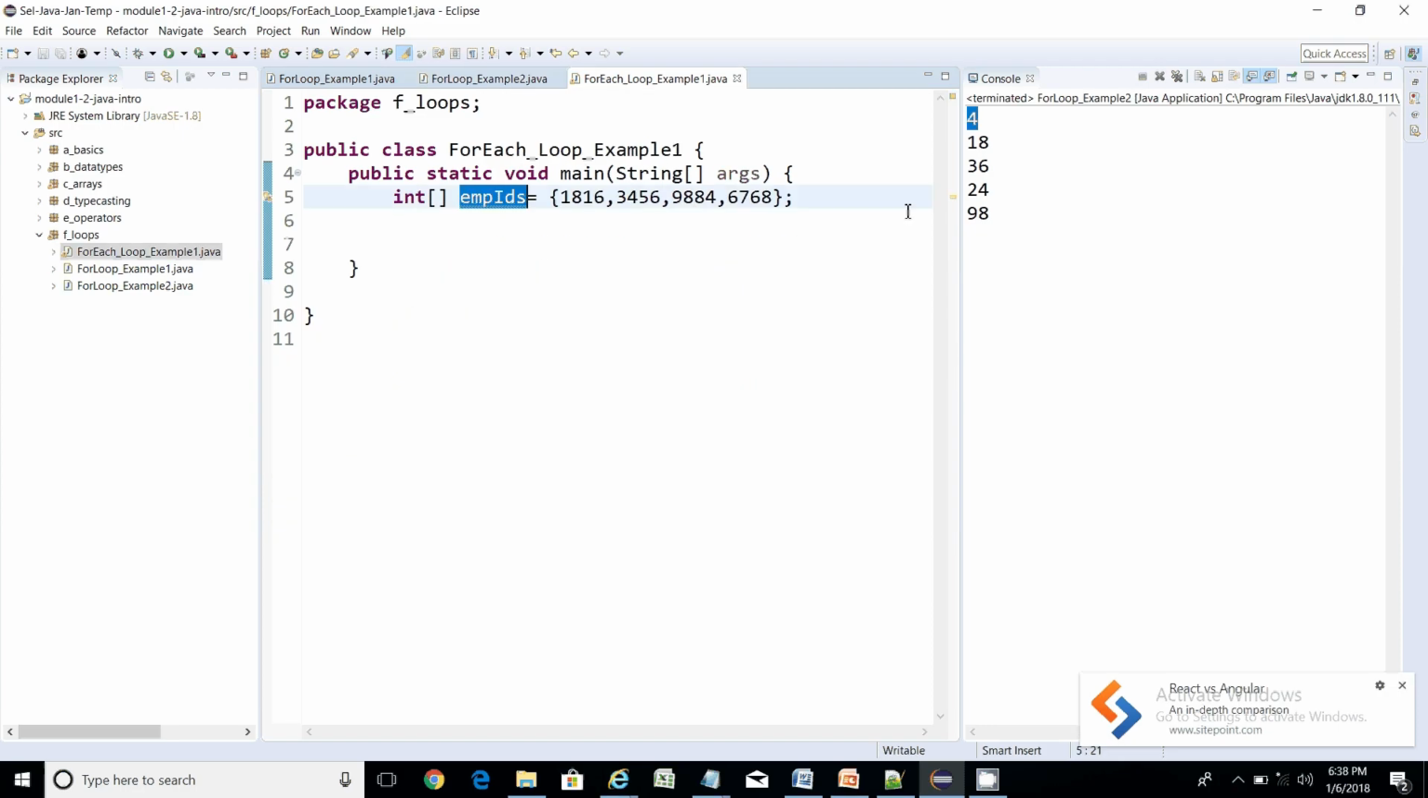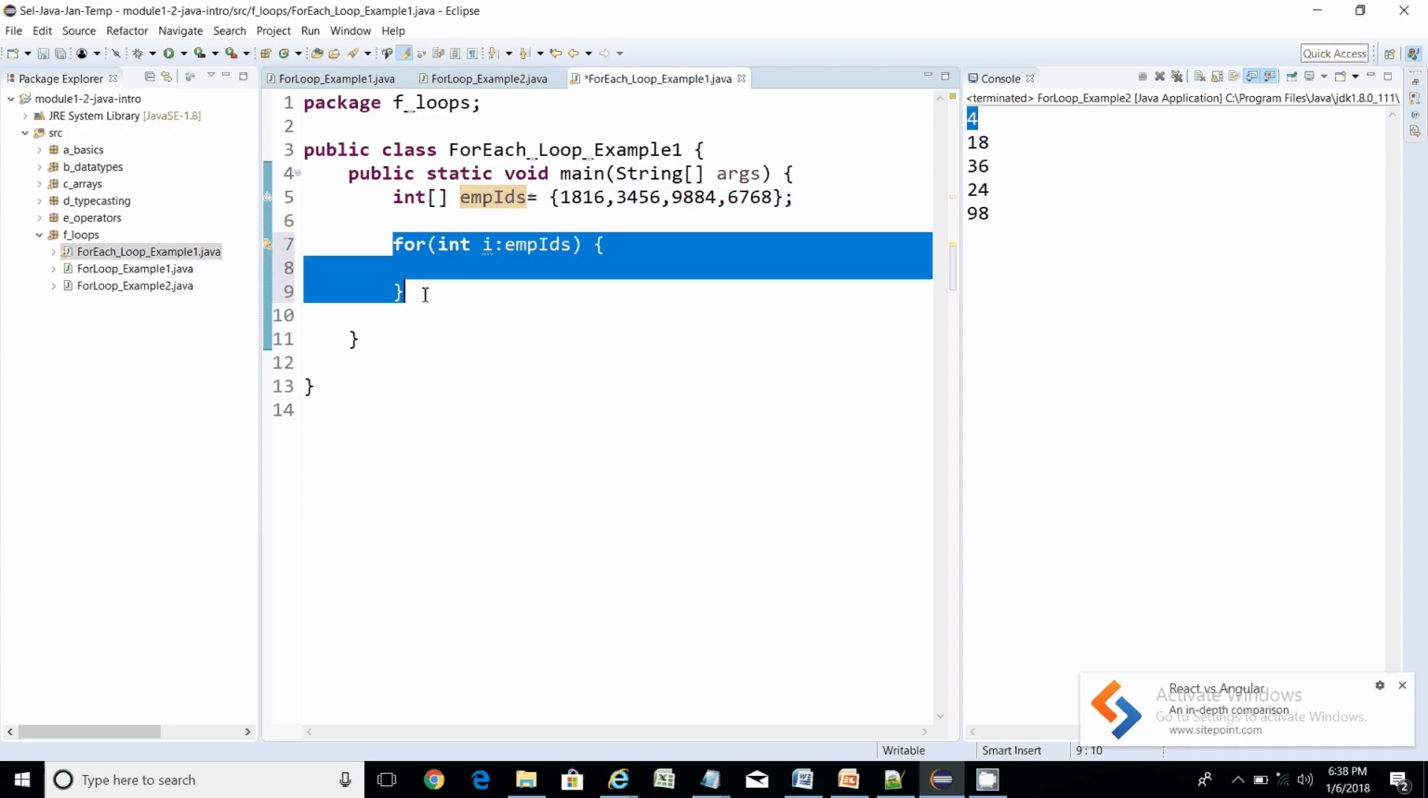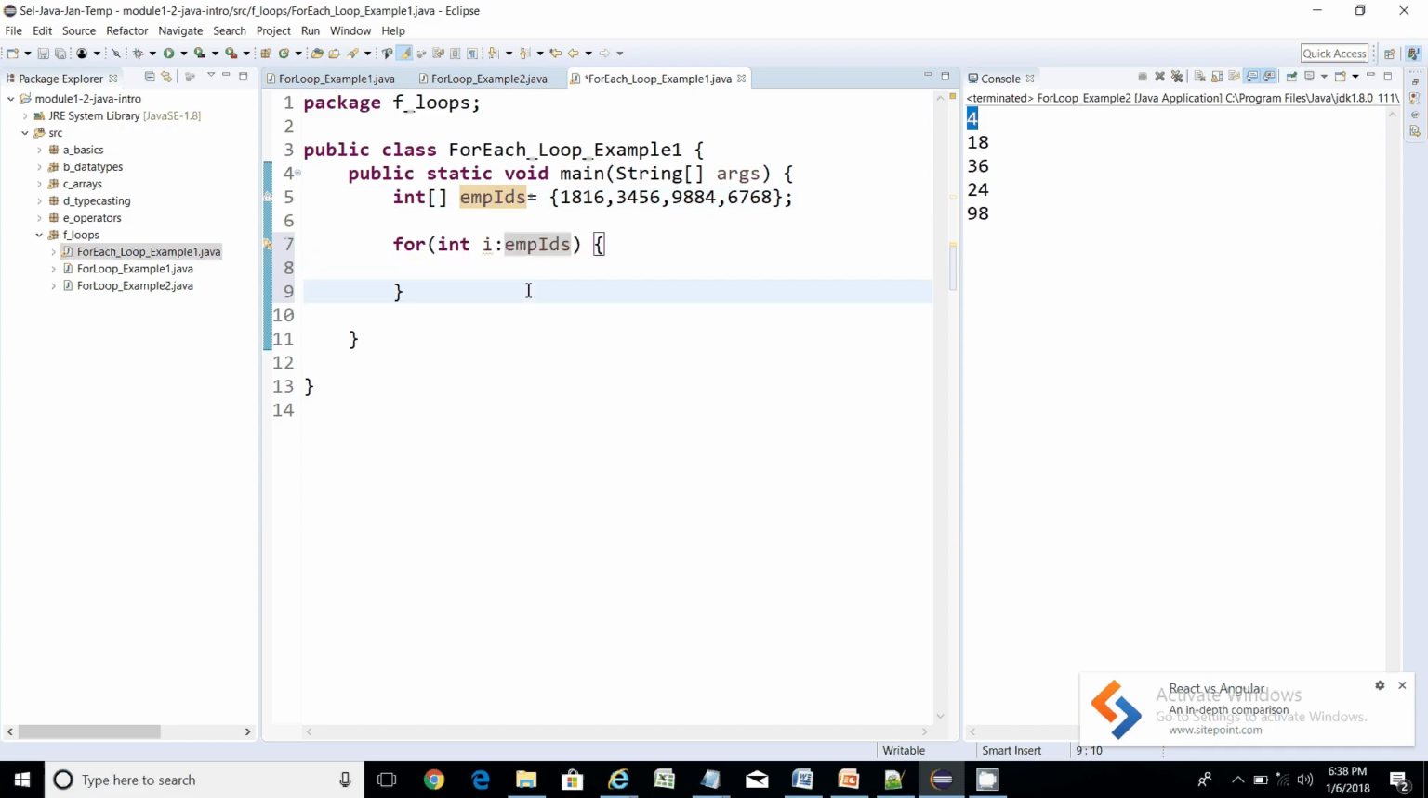Now there is another way to iterate over an array, that is nothing but for each. What is the syntax? I'm going to say for each integer, let's say i, in this collection, like this. So if you see, there is a difference between a for loop and a for each. For each is a very shortcut way of iterating over a collection. I'm saying iterate for each i of type integer in the employeeIDs collection, and simply say sysout